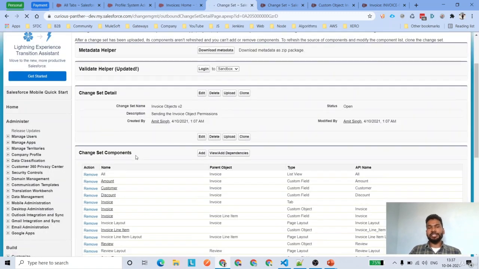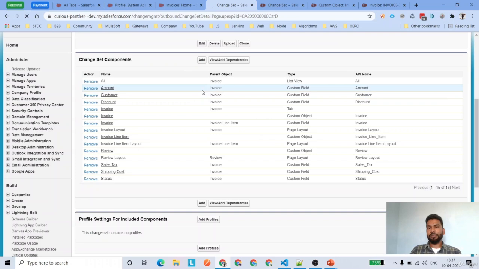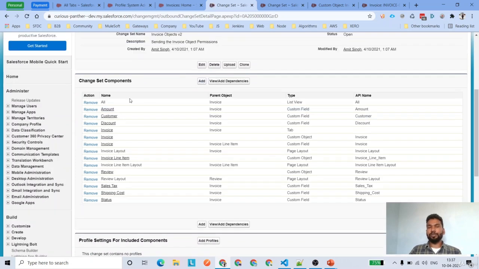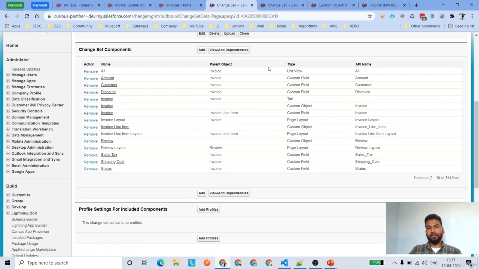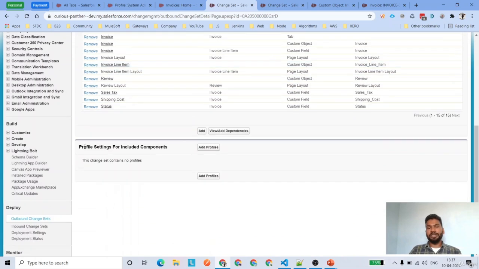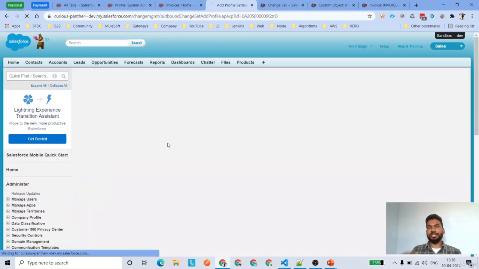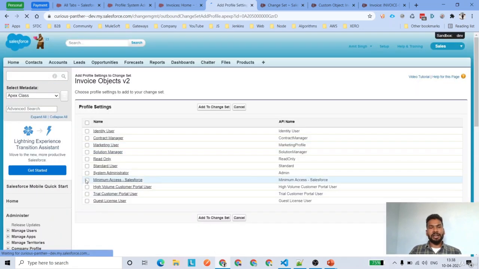Add the profiles under here inside the change set components, because if we add any component inside the change set components, that component is going to be deployed as it is from one org to a different org. But at the bottom you can see add profiles for included components. That means whatever components we have included over here, for these we can add the profiles. If I add a profile, I'm going to add the system admin profile,